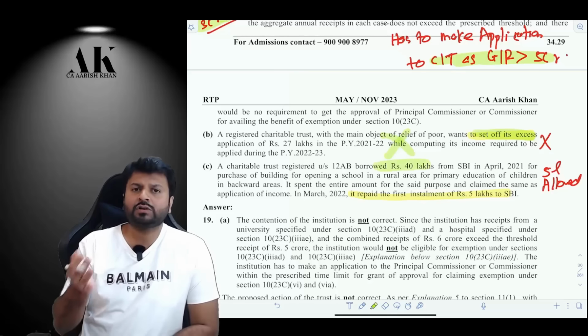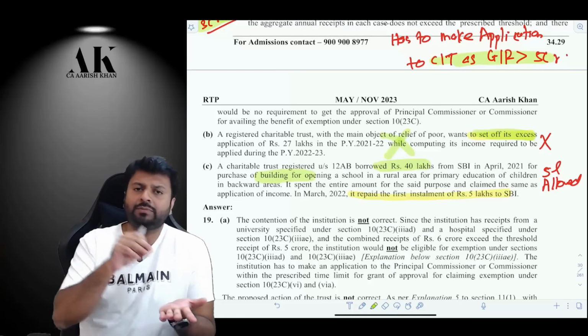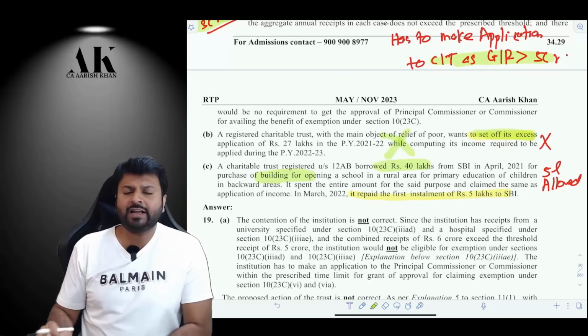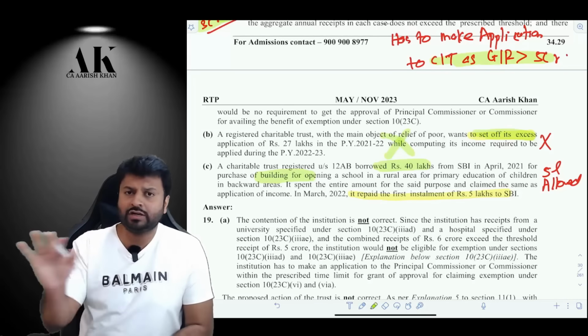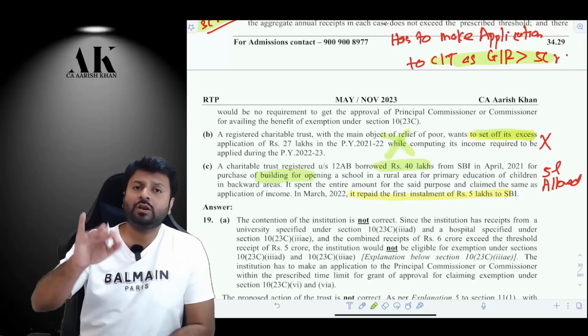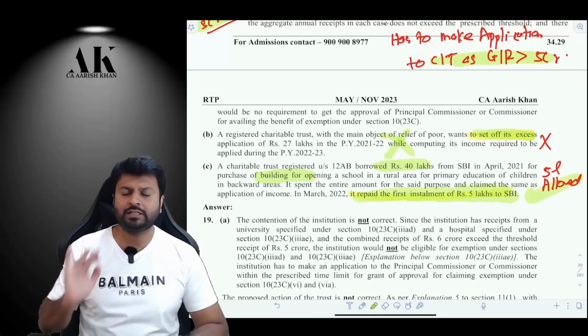Okay. Next, the assessee has borrowed some 40 lakh rupees from a bank and has used that money for the purpose of purchasing some building, etc. Will I get the deduction? No. This will not be considered as an application. If you take a loan and then apply it, it is not considered an application. Yes, whenever you repay the loan, at that time we will give you the deduction. Therefore, the assessee has repaid a loan of 5 lakh rupees. Therefore, the assessee would be eligible for deduction of how much?